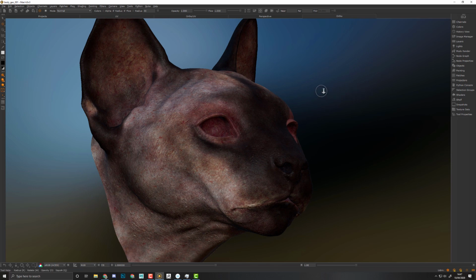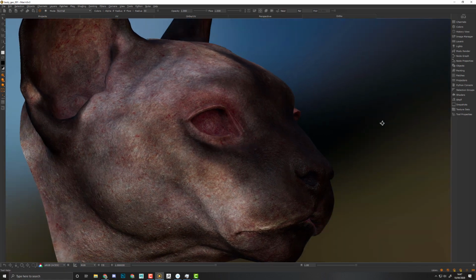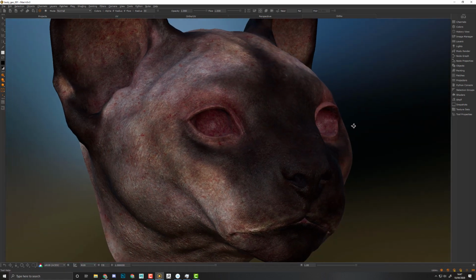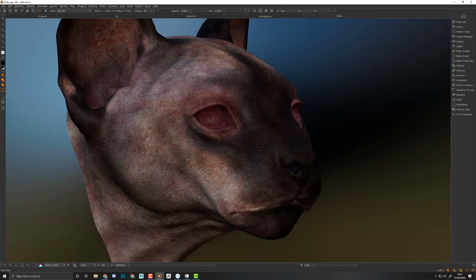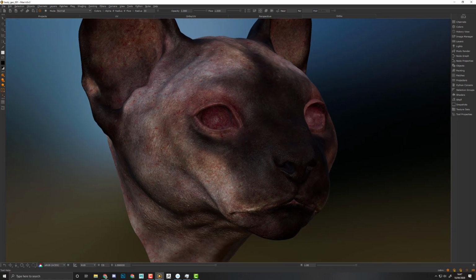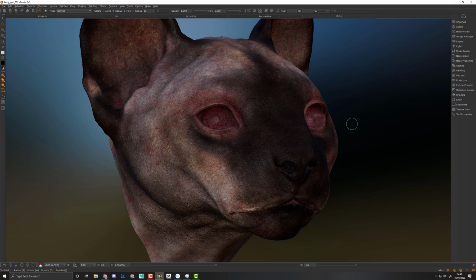So it's not something that should happen at the level of the material itself, in the way that it's not physically correct to do that. So you just want to create a map that will fake the wetness of the surface. So that's what you want to do here. So what we will do is